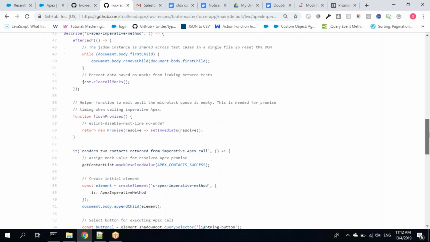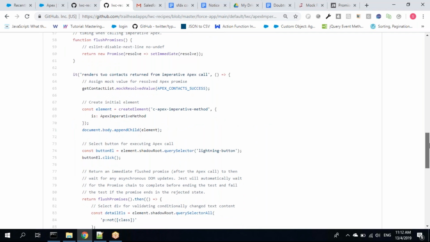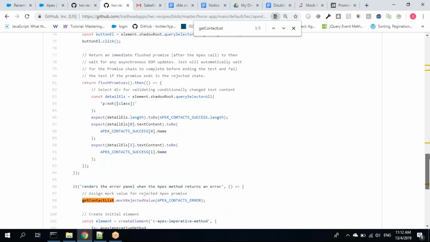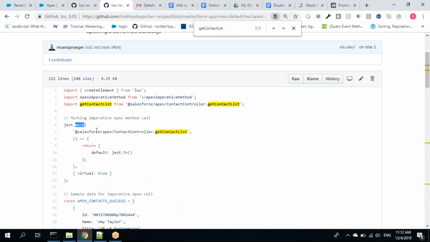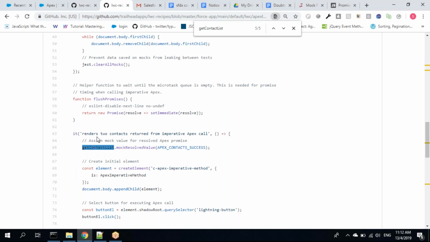So your utility is flush promises. Then get contact list. You have created a mock function here. With jest dot mock you are mocking this function. If there is some error or problem in it, then you get the default empty mock function. Jest dot mock instance contains no implementation, an empty function. Fine. It is already mocked, and the mock function name is the same as get contact list. Now in the first test case,